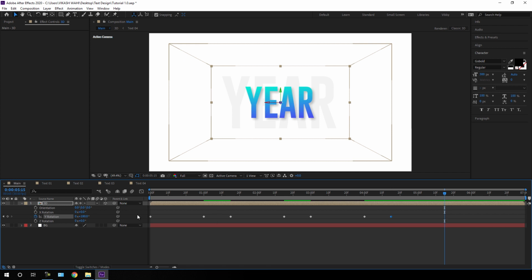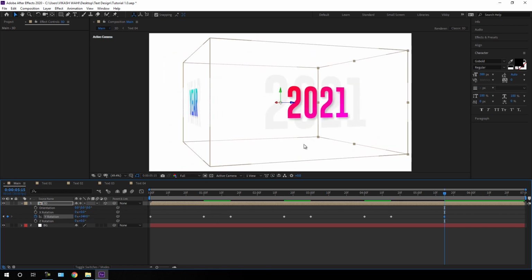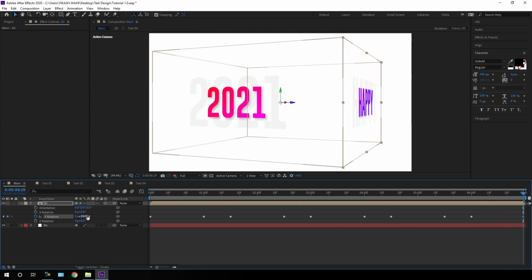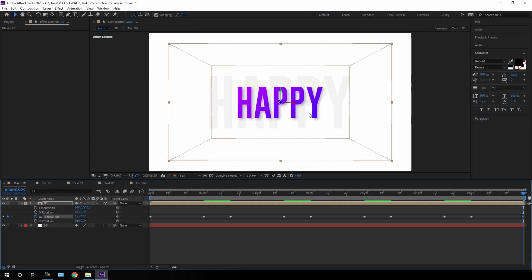right over here, and set this fourth text on the screen. So set this value to something around 270°, hold it for half a second, and again go to the end of this animation. Let's rotate it by 360°, and set this first one at the end of this. All right, and after that select all the keyframes, hit F9 on the keyboard to easy ease them, and go